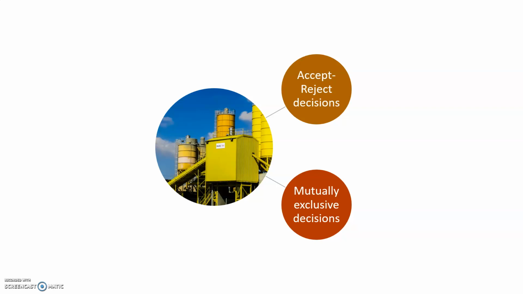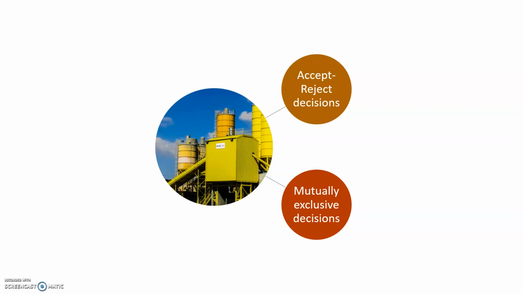Your capital outlay is such that you can accept only 6 out of them. That will come under your accept-reject decisions, where you are not just selecting one, you are selecting many, but you cannot select all the projects, right? This is in contrast to your mutually exclusive decisions. A mutually exclusive decision says that you cannot have both worlds. You can only choose one out of all the projects available to you. So acceptance of one project automatically means that you are declining the other projects.